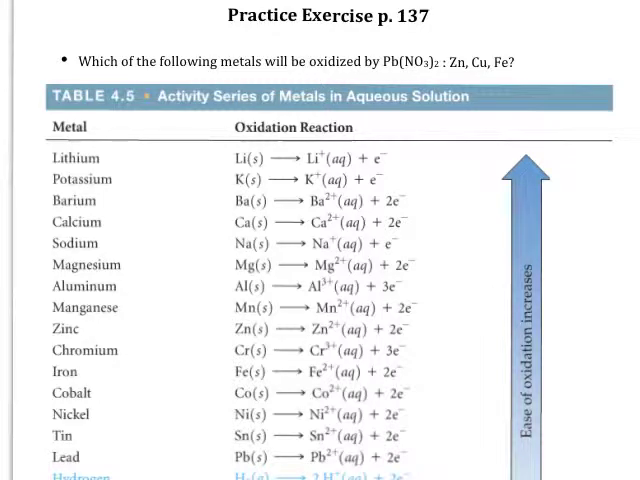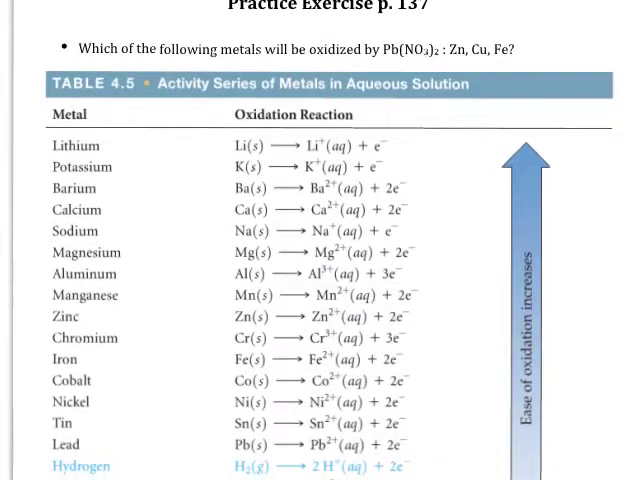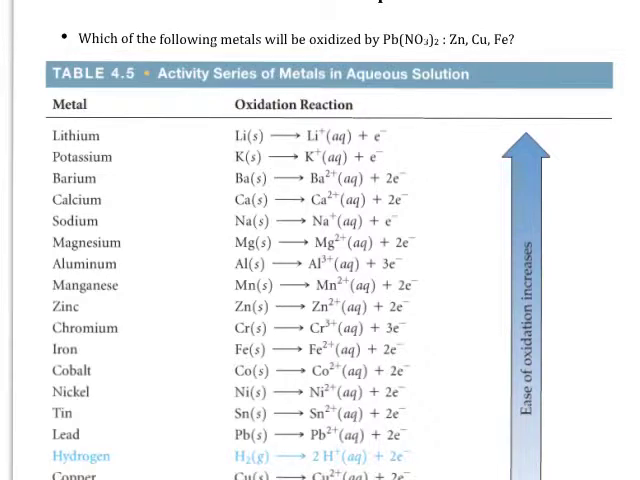So the first thing we want to do is think about what's happening in the activity series itself. The activity series shows us metals and their corresponding cations, because the shift from neutral to cation requires the loss of an electron, and the loss of an electron is oxidation. So these are all written as oxidation reactions. So we can find lead on this table, and I can tell that this is the correct equation,